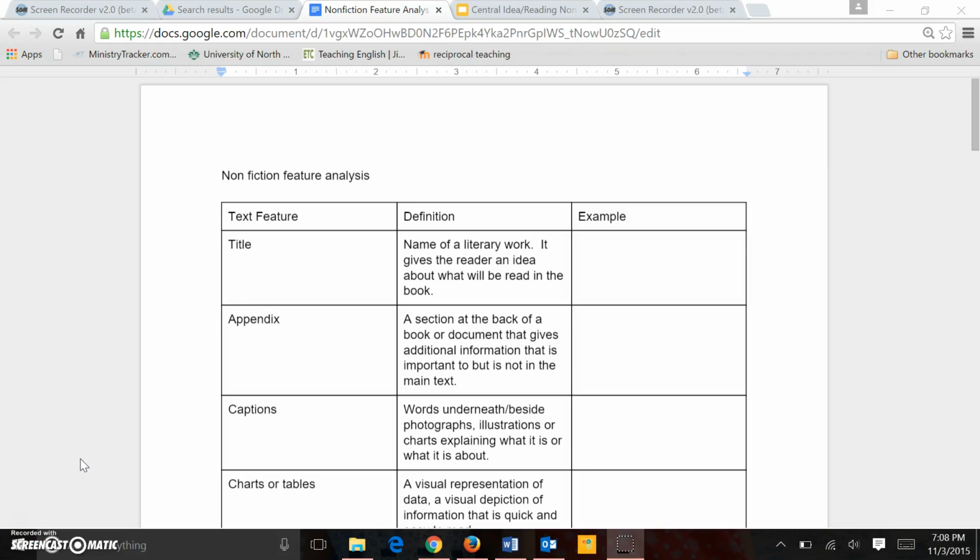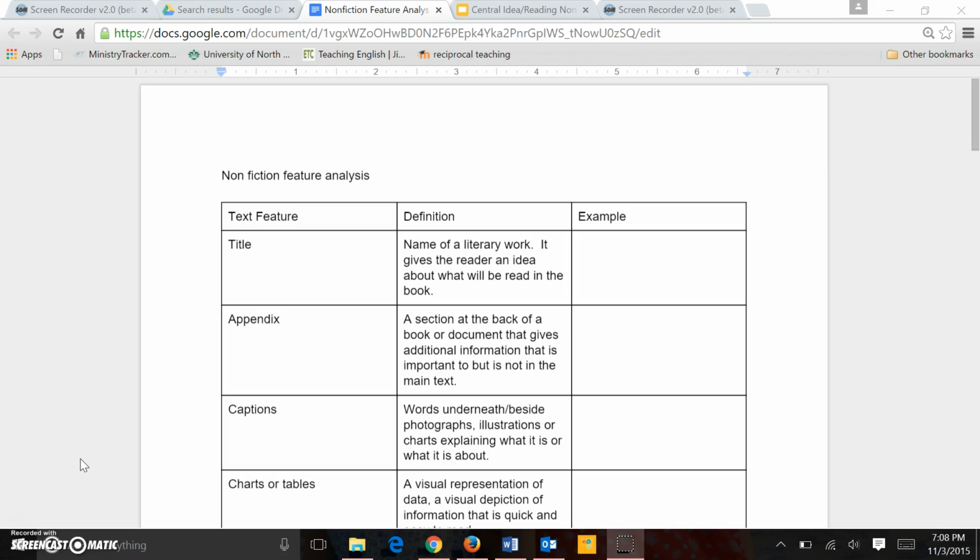Now that we've taken some time to look at the different structures of text, including description, problem and solution, cause and effect, we're going to look at some specific features within nonfiction text that help us read that text. As we've talked about in previous lessons, with nonfiction, we don't have to read from beginning to end like you do with a novel or a fictional short story. With nonfiction, you can skip around to the features that you need,